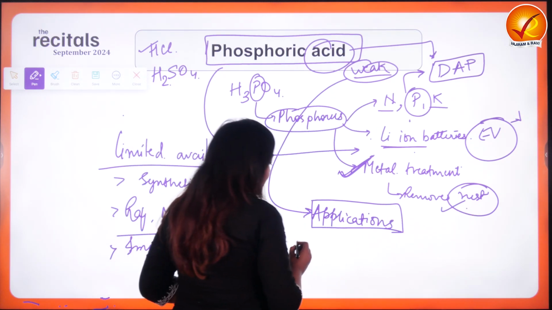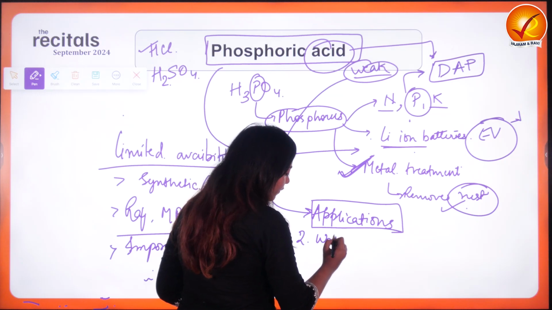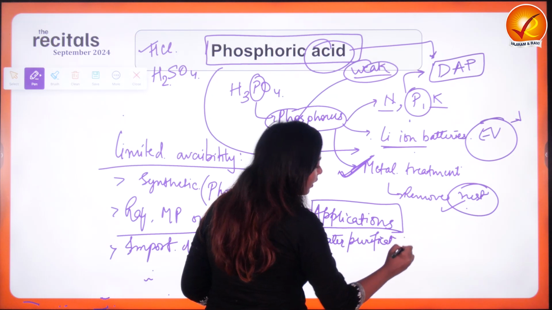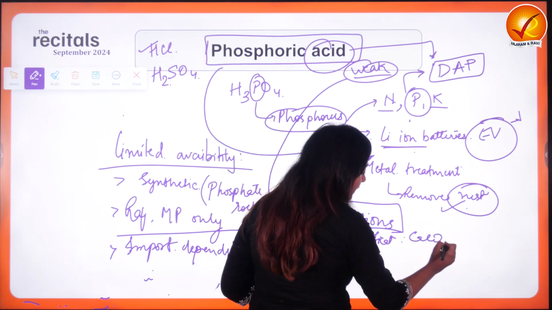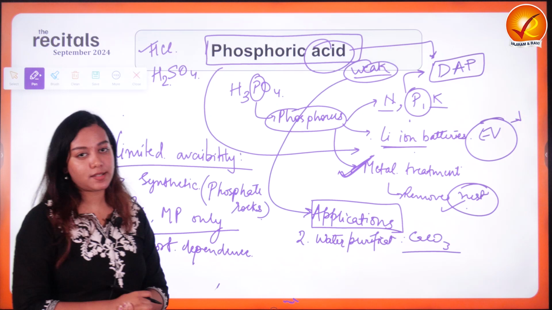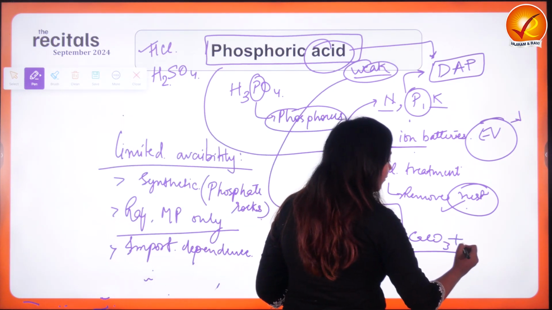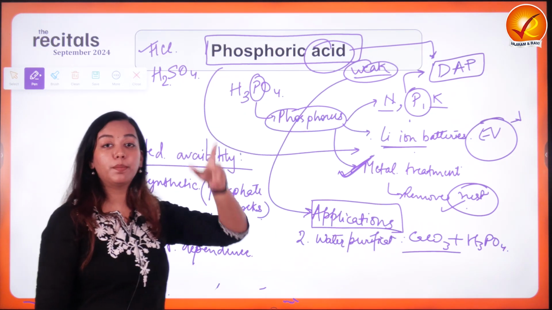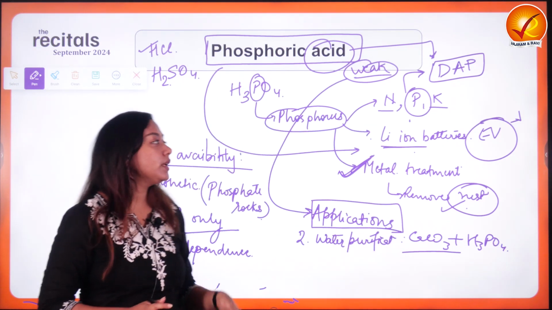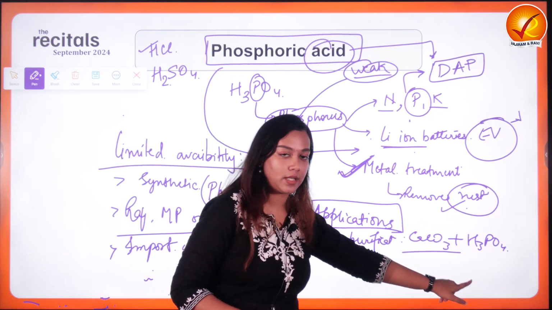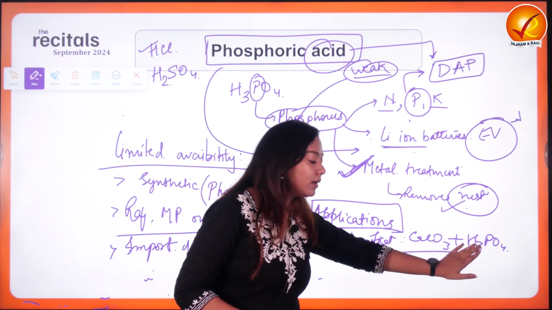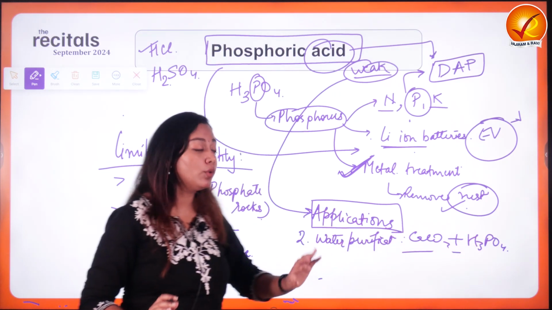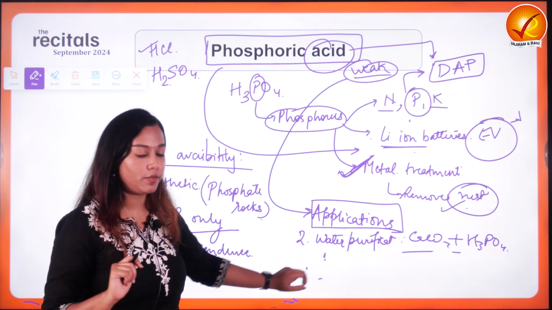That is one. Second is that it is also a water purifier. Water could get contaminated or impure by calcium carbonates. Calcium carbonate is a base. When this is added with a weak acid, see, the thing is, you cannot add a strong acid directly into water. It will burn and it will blast the water. Therefore, there is the requirement of a weak acid in water purification. The moment you add a weak acid with a weak base, you will get a neutral compound. Therefore, it neutralizes the water, causing water purification.